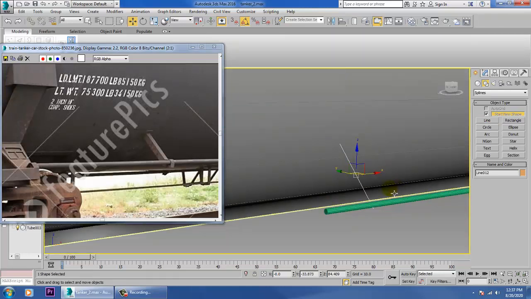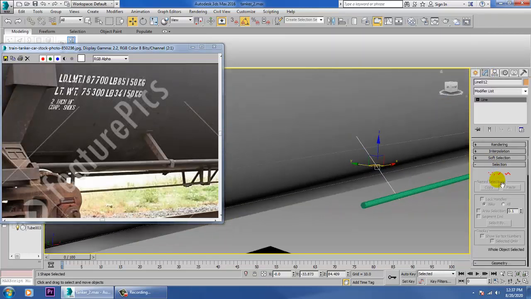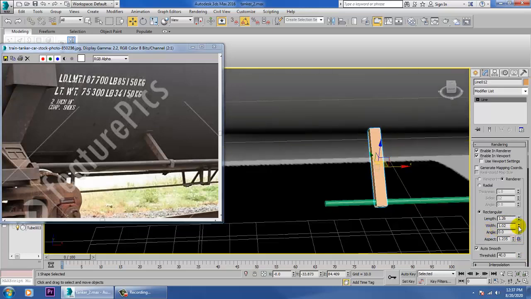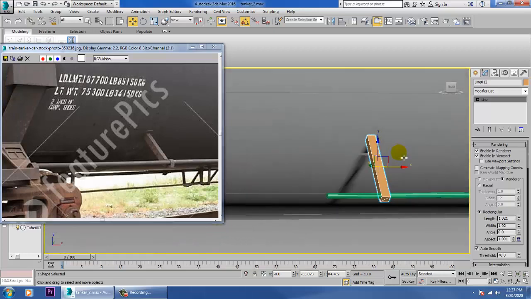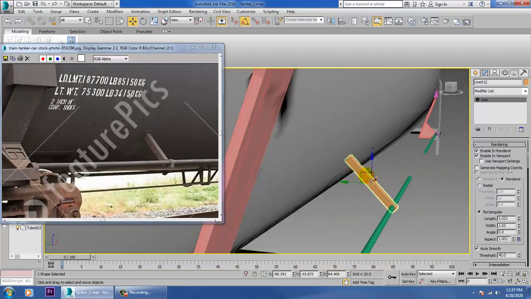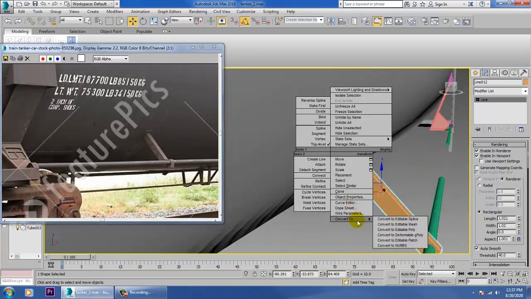After that, let's go into the rendering, enable in viewport and make it rectangular and reduce its size. Whatever size you require, you can just keep that. After that is done, you can just push it till here in this way, and let's convert to editable poly.